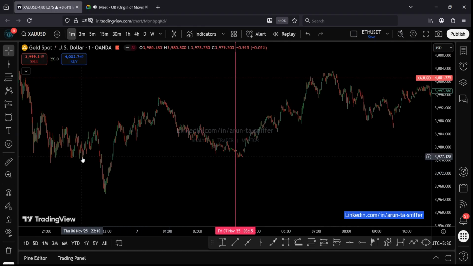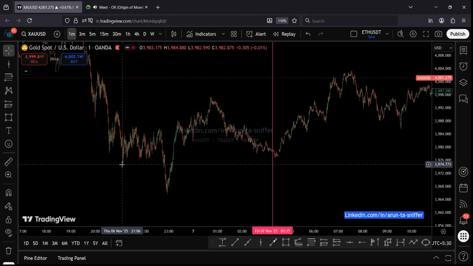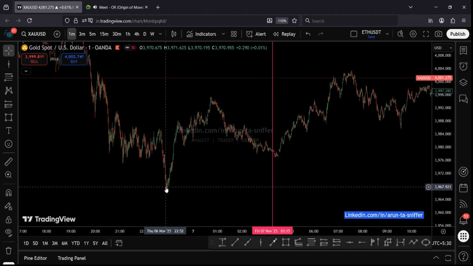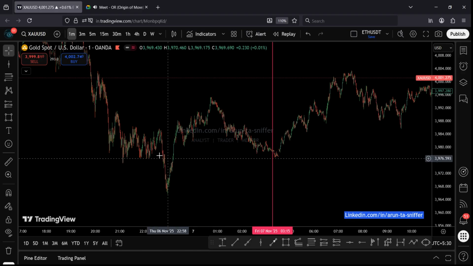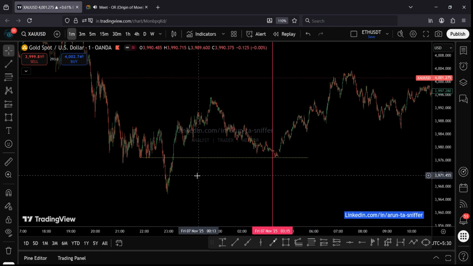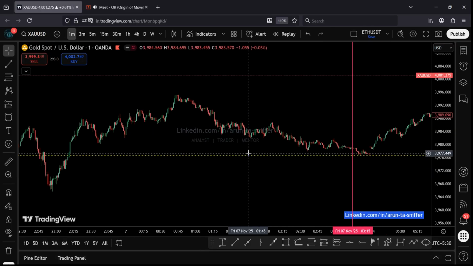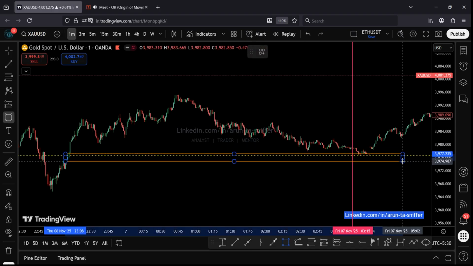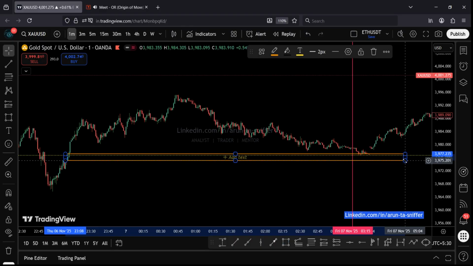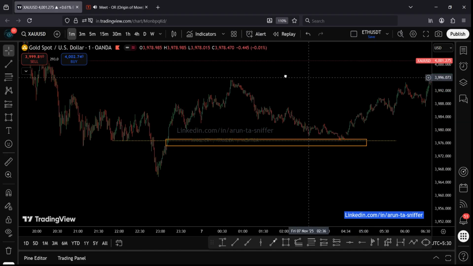So price has reached to this. Price makes a high, low, high, lower low, higher high, right? So this is our QM level, LSK, whatever you want to say. And this will be our zone, and this will be our true zone. QM level is true zone, and what is happening here, price is coming down